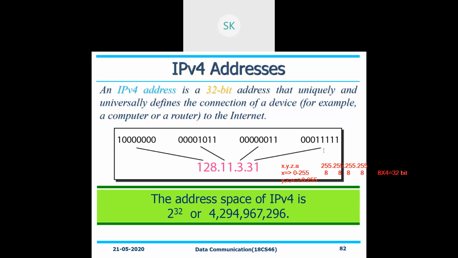That's all. What will this address tell you? It will give you the logical address of a computer or a router that has been connected over the internet. Understanding it? That's where we are looking at it. What is the address space of IPv4? This is 2 to the power of 32, 2 to the power of 32 number of addresses you can have with respect to your IPv4 address.